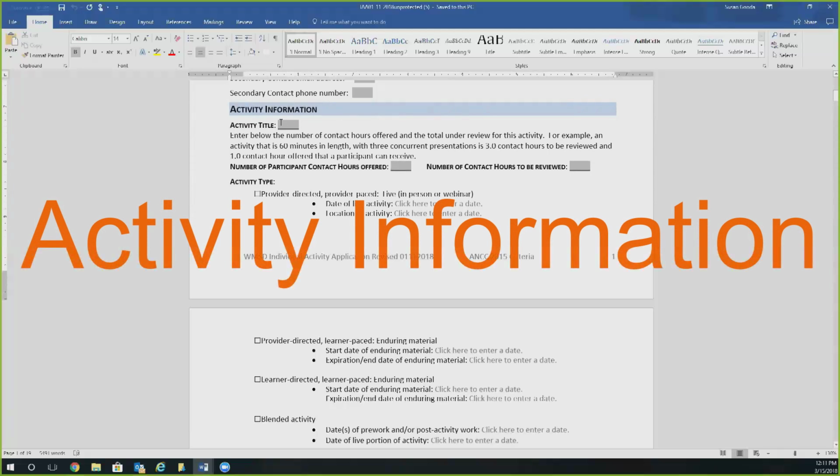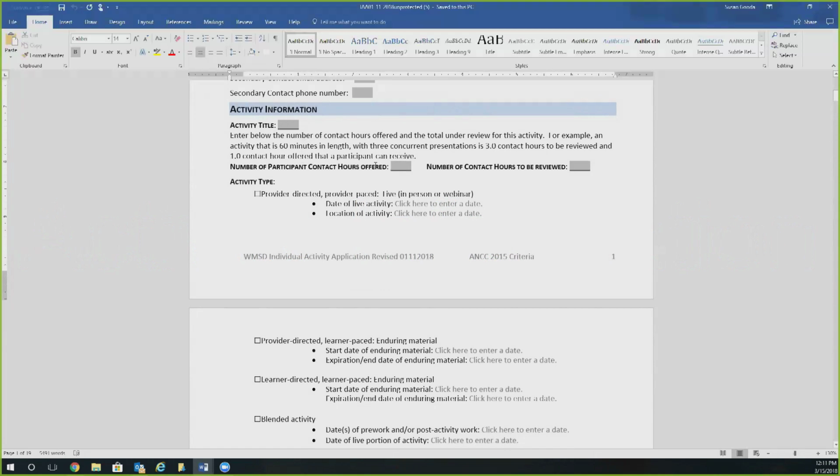So as you're planning your activity, be sure to complete and fill in the title of your activity. And then you will be filling in the number of contact hours that you're offering to the participant, as well as the number of contact hours to be reviewed. Now, in most cases, both of those numbers will be the same because you're offering maybe a 1-hour presentation, or